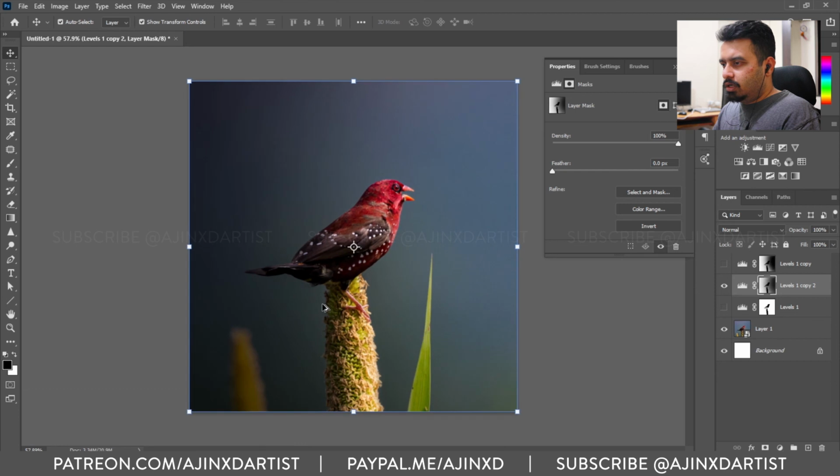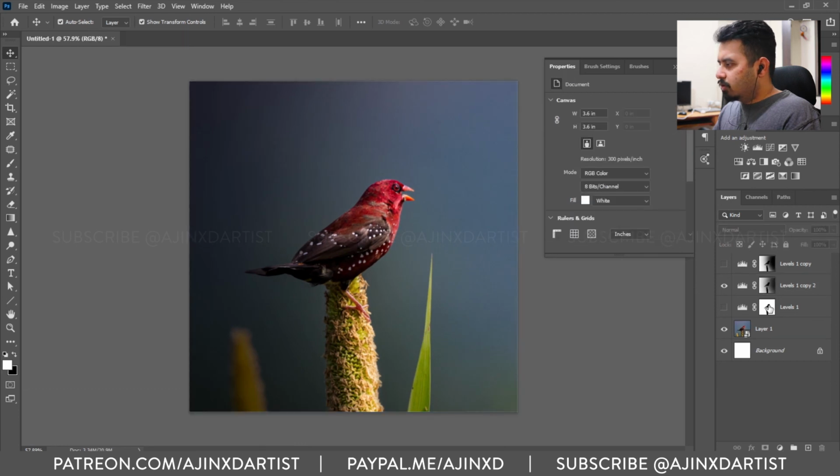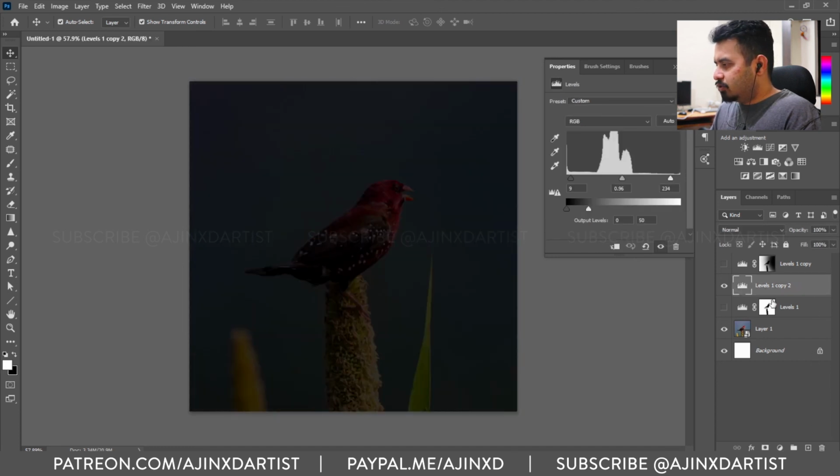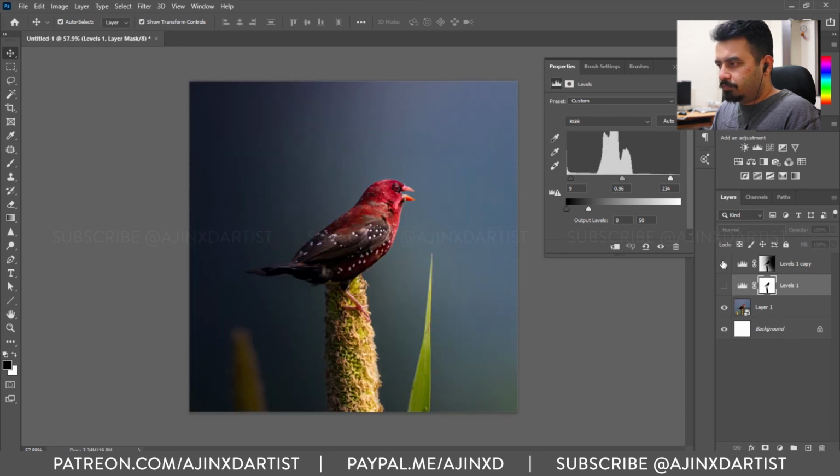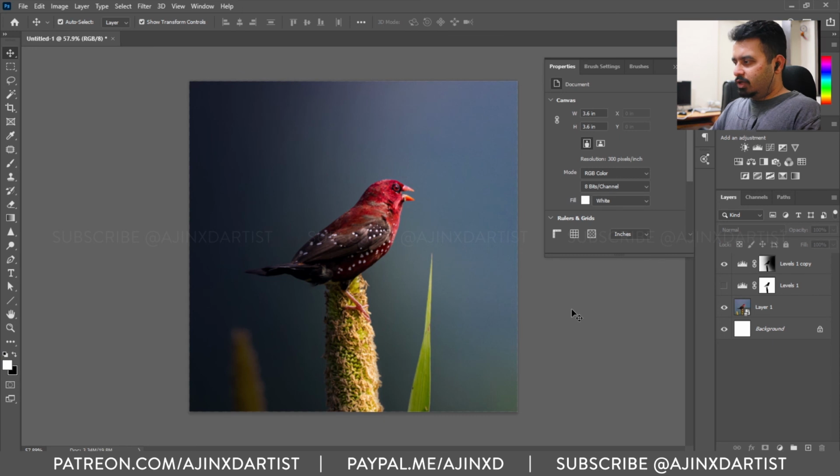Either way, it's good to have a copy or a backup, so you can go back and change something that you didn't like originally. It's not very different, but still smaller differences make or break the image. Anyways, this is my version of it.